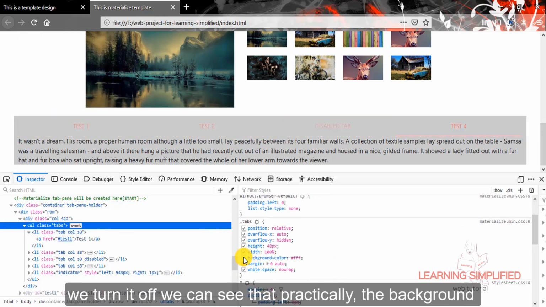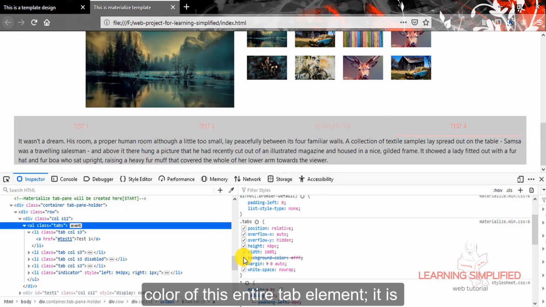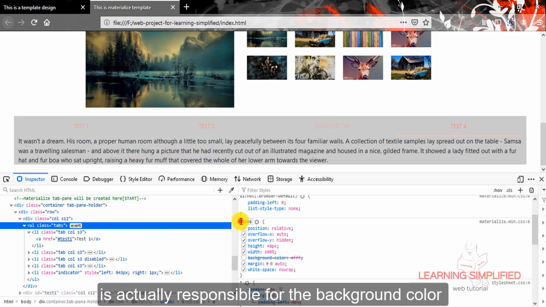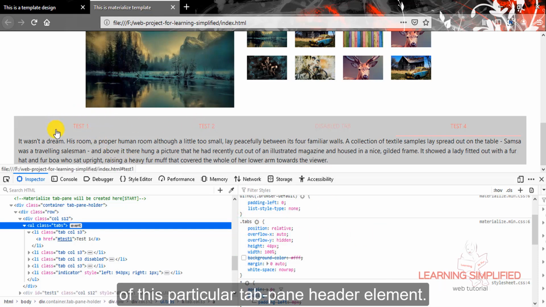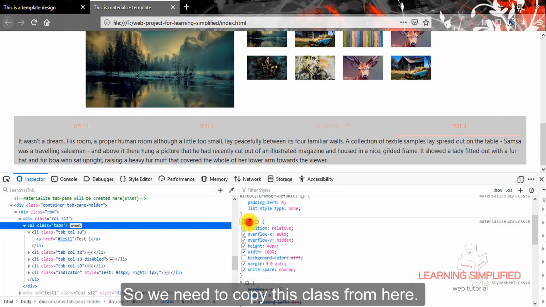If we turn it off, we can see that the background color of this entire tab element is now gone. So this is the class which is actually responsible for the background color of this particular tab pen header element. So we need to copy this class from here.